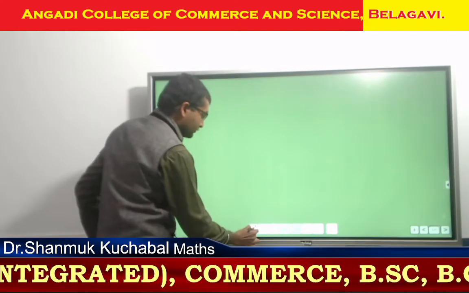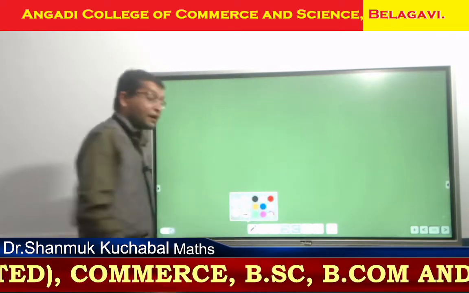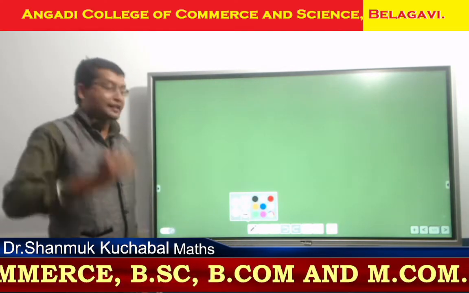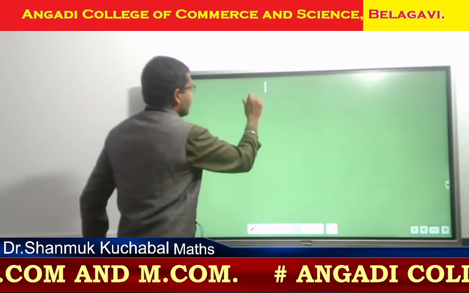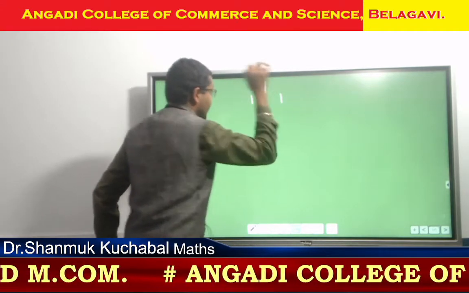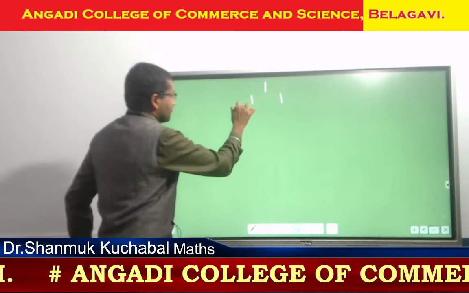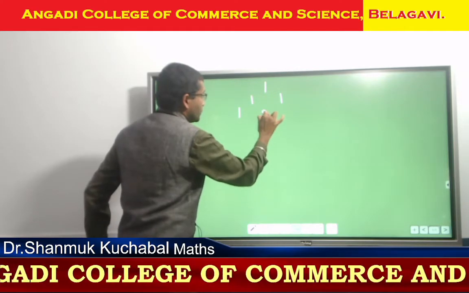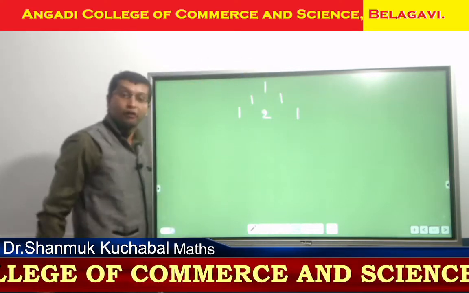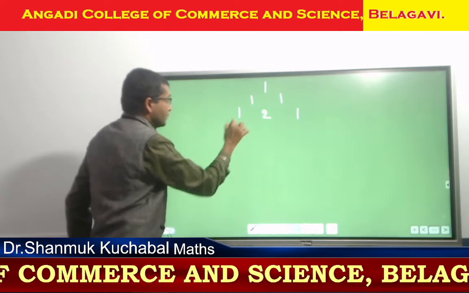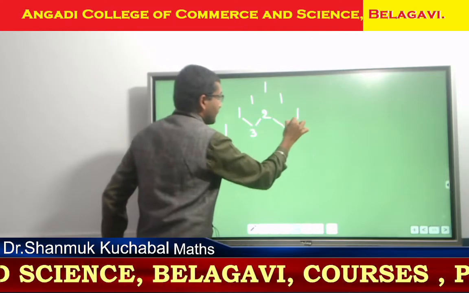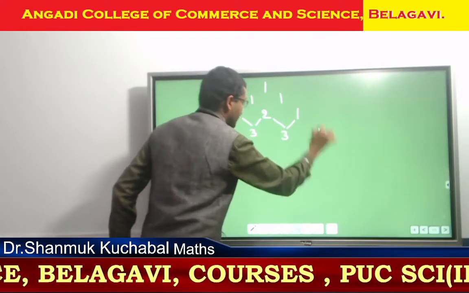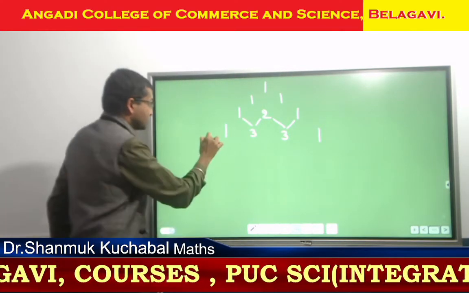Before dealing with that, I am going to construct a Pascal triangle. Pascal triangle starts with a 1. On both sides, mention the same number, 1 and 1. Then here, 1 plus 1, 2 we get. Next, 1 plus 2, addition is 3. 2 plus 1, addition is 3. Then 1 carry forward. So continue the same thing.